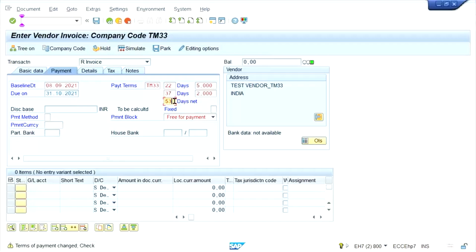Based on the entry date, baseline date, number of days, it is going to be due on 31st, right? And today is I think 9th, right? So that is why the system is saying that if in 22 days